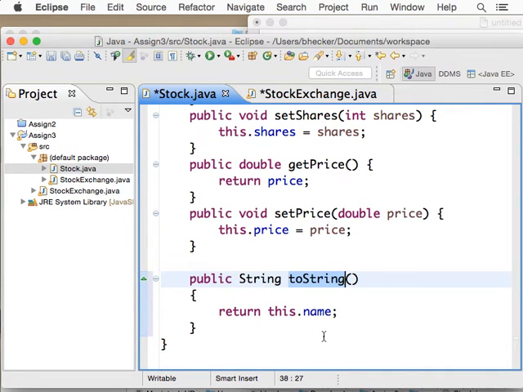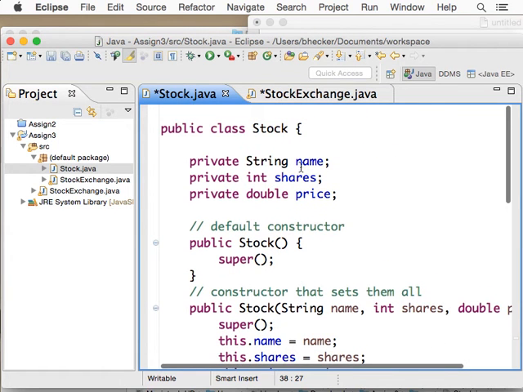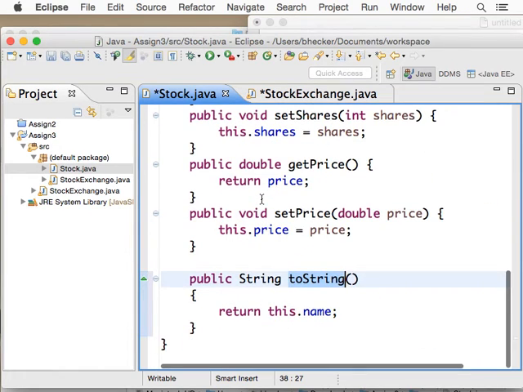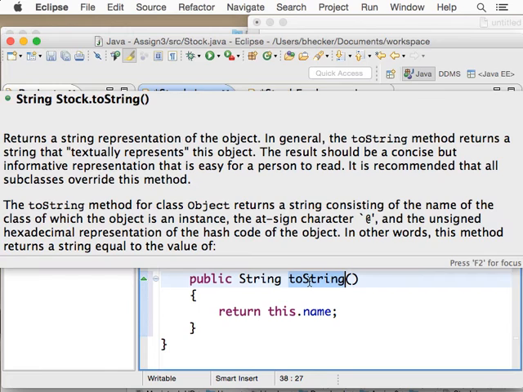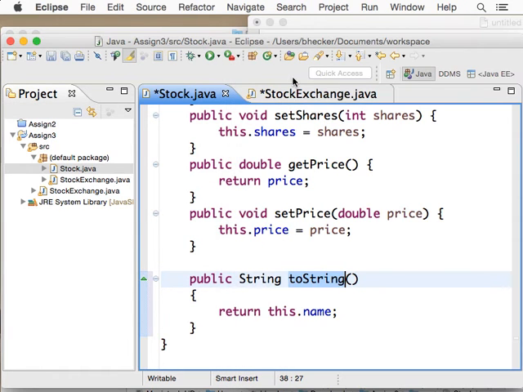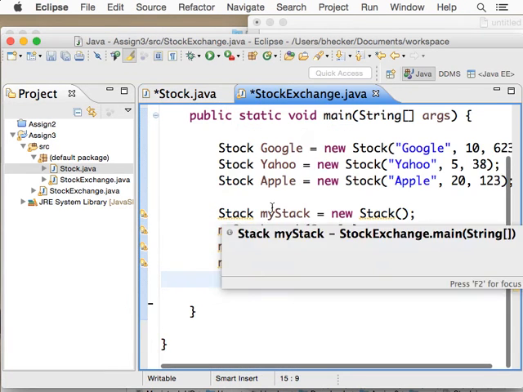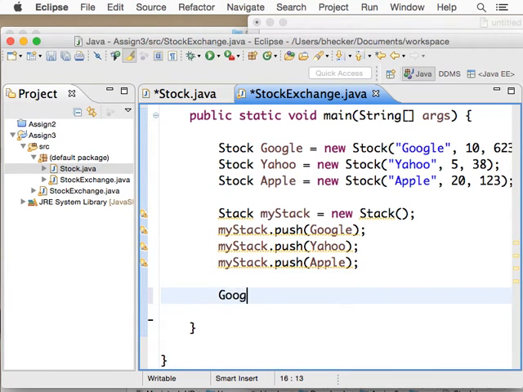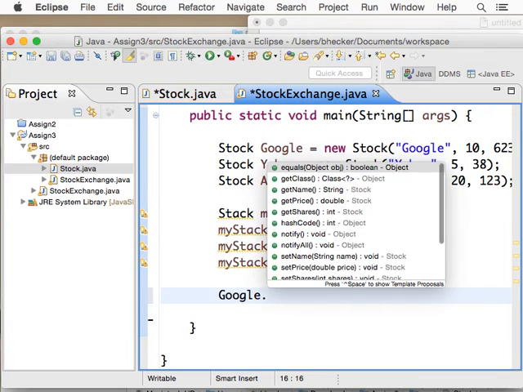So without this method in here, I get the memory address. If I want something to be meaningful, I'm going to print out the name of my stock. So if I run toString, I get the name. So for example, let's go back to the code for a second. I'm just going to use it right here. I'm going to say Google.toString